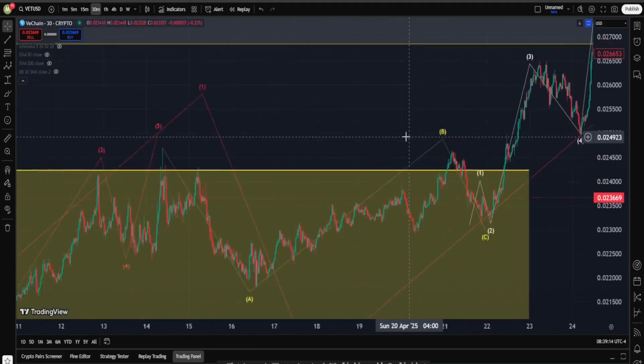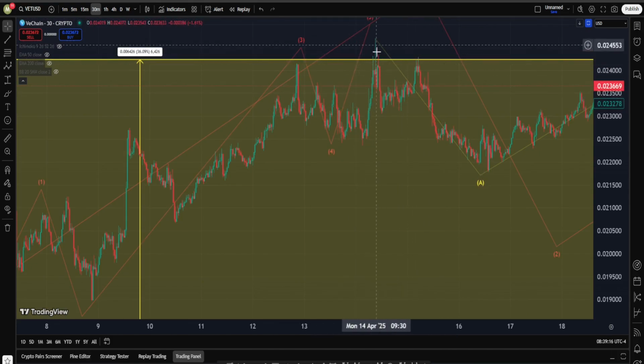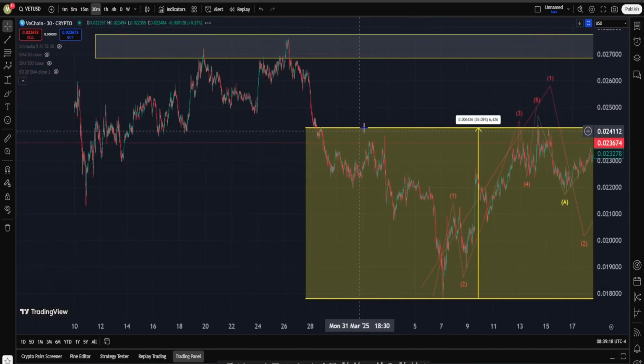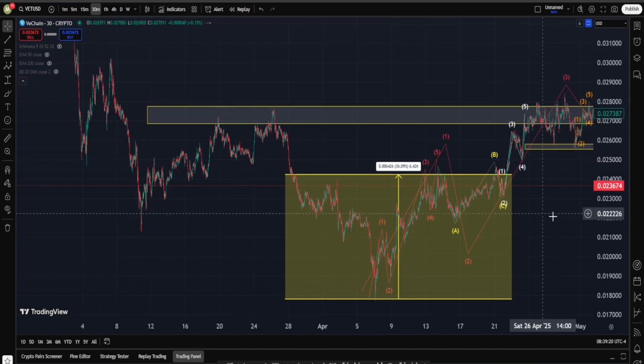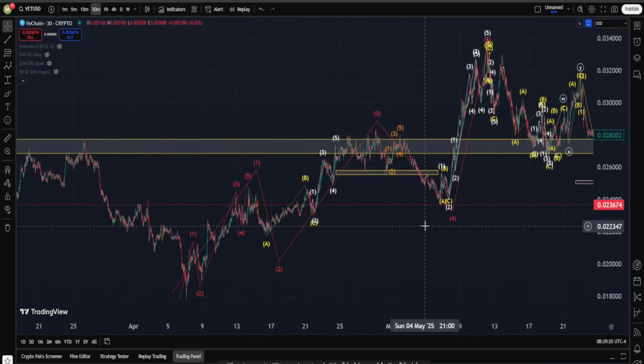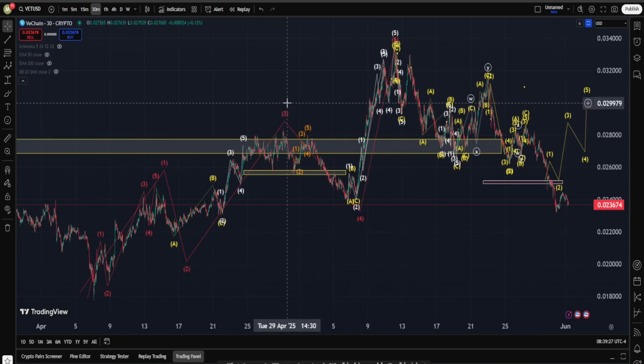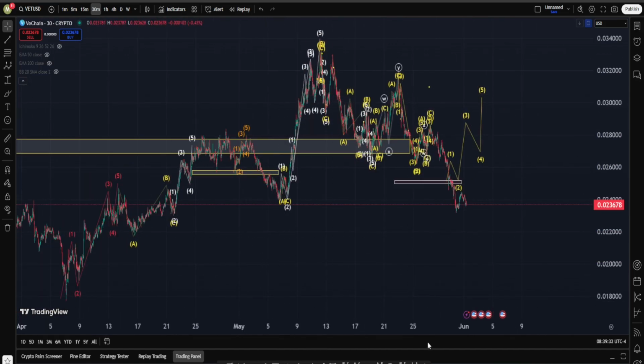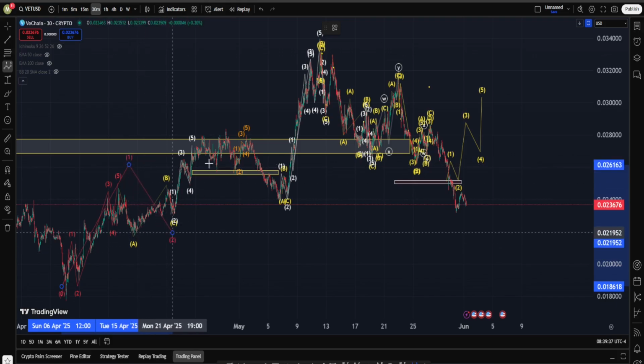Let's just zoom in more so you can see it a bit better. There we go. By a very small margin, the answer is another yes. So this 1, 2, 3, 4, 5, which is now your best shot at finding a 5 wave, is actually not allowed, because wave 3 in it is clearly the smallest wave, indicating overall now whatever move on the upside in VeChain that we are having,